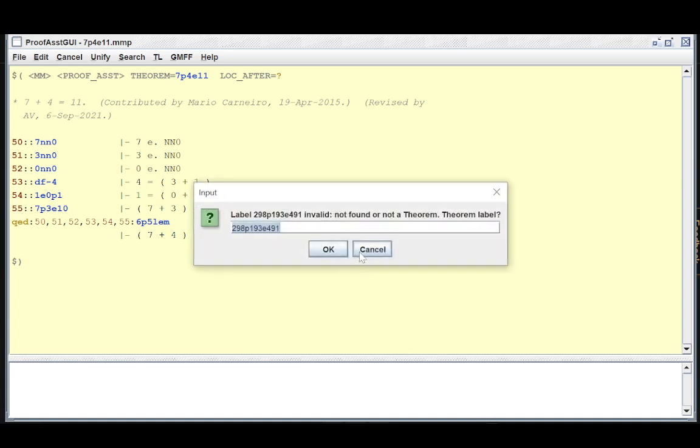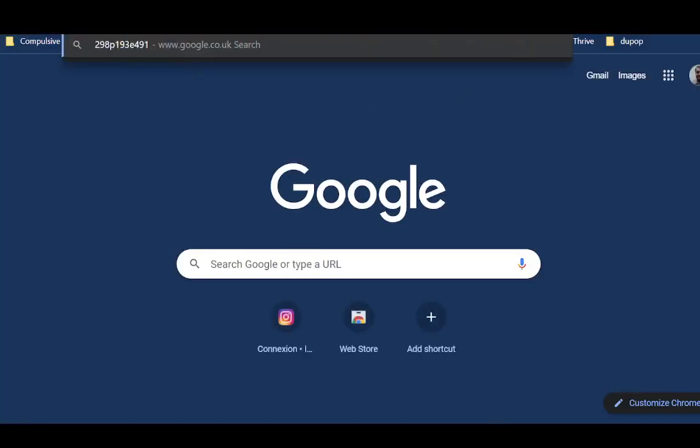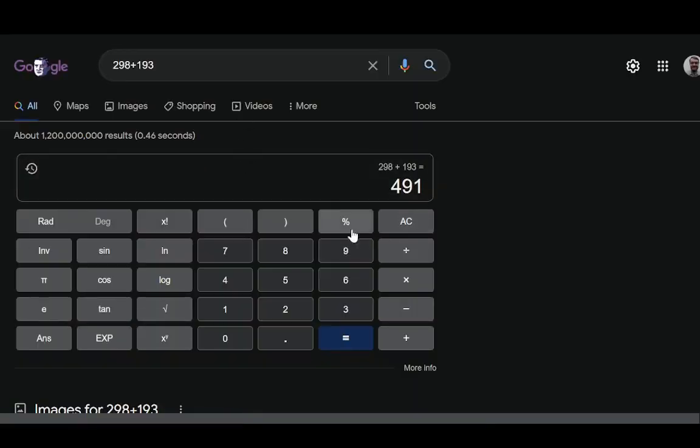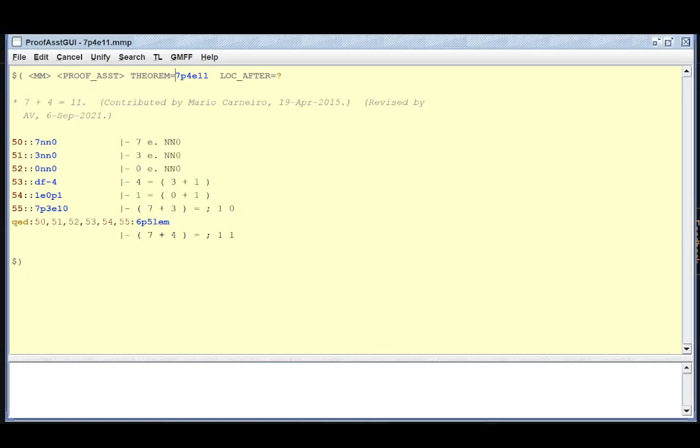Okay, no, didn't find it. Okay, and let me just check. Let's see what Google says about it. Okay, yes, Google agrees it's 491, right? So that isn't in there. And one reason you can kind of tell that isn't in there is because there's 40,000 proofs in the database. So they've done all the numbers up to 10, like 2 plus 5 and 6 plus 7 and so forth. But actually, you need to do about 50 proofs to get all of those in